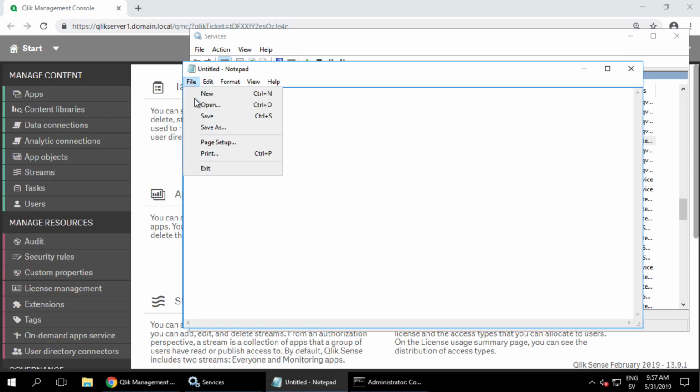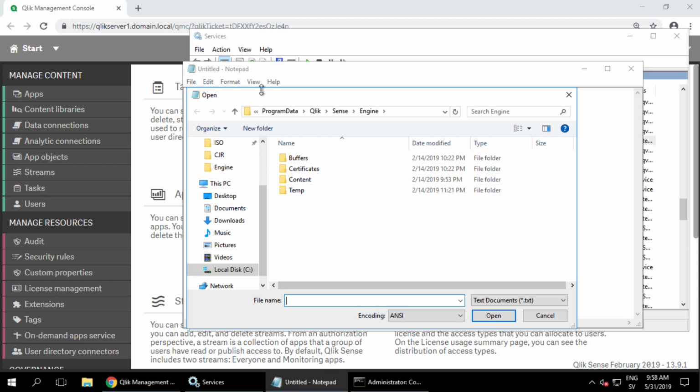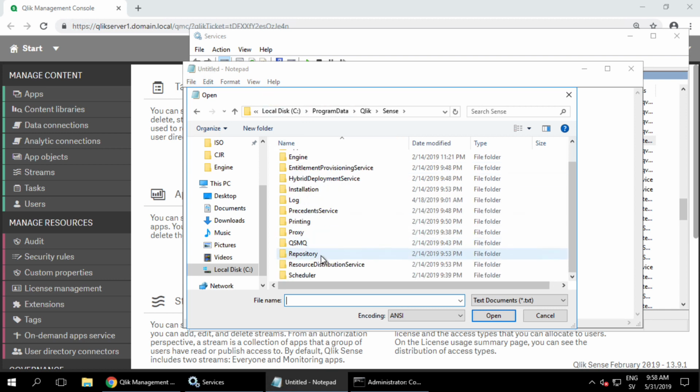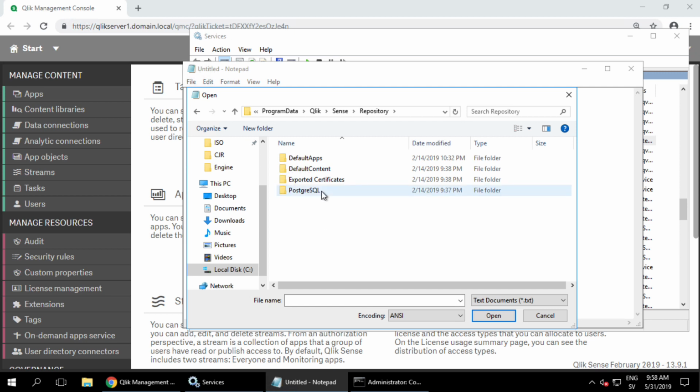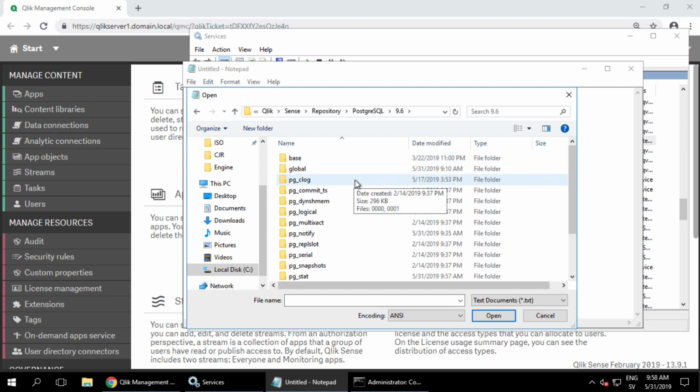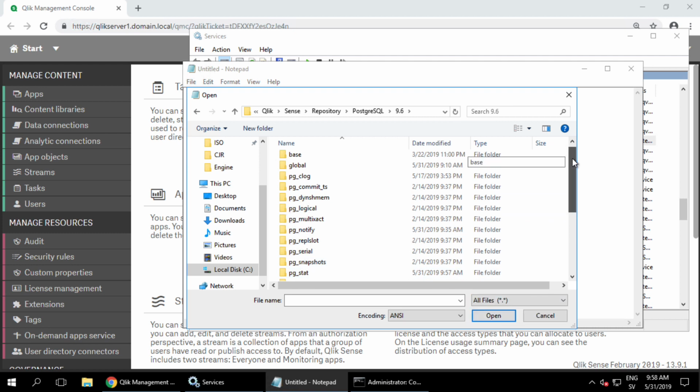From the File menu, select Open and navigate to C:\ProgramData\Qlik\Sense\Repository\PostgreSQL\9.6, or whichever version of PostgreSQL your version of Qlik Sense is currently using. Be sure to select all files at the bottom so you can find the